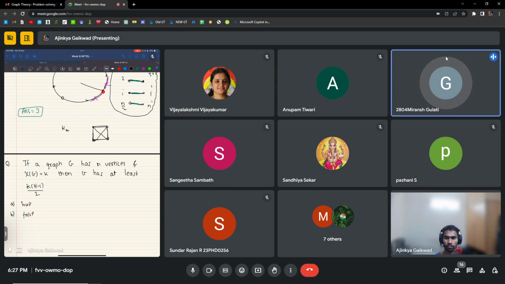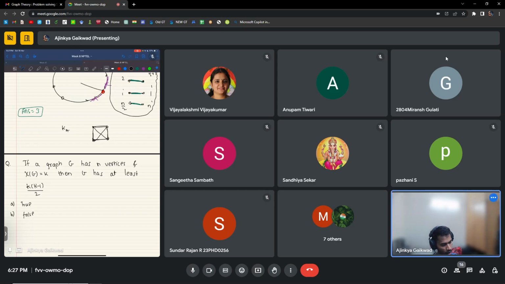We can take a bipartite graph. How many edges do you want me to take? Let's say we have taken K33. So what is bipartite? What is chi of G for a bipartite graph? It is 2. Yes. So you want to construct a bipartite graph which contains